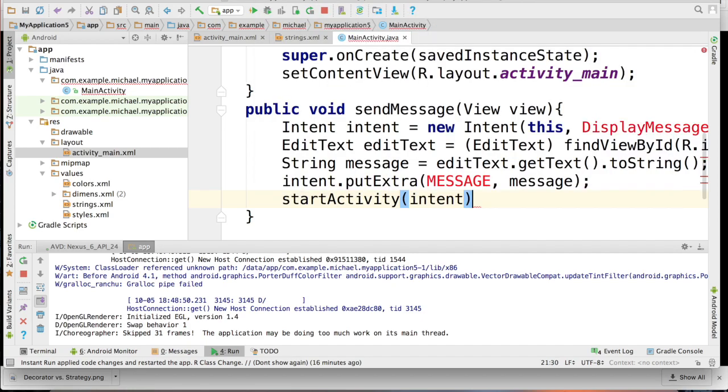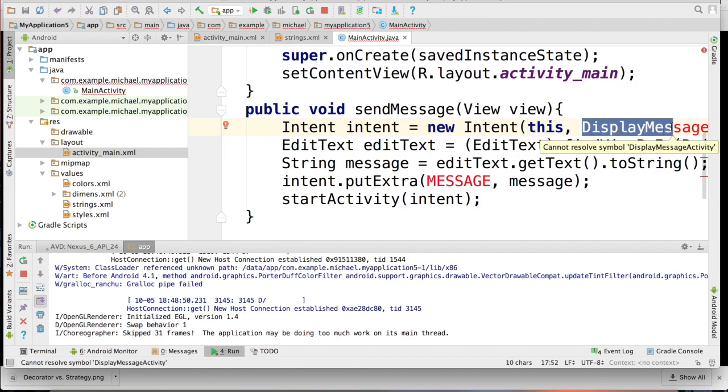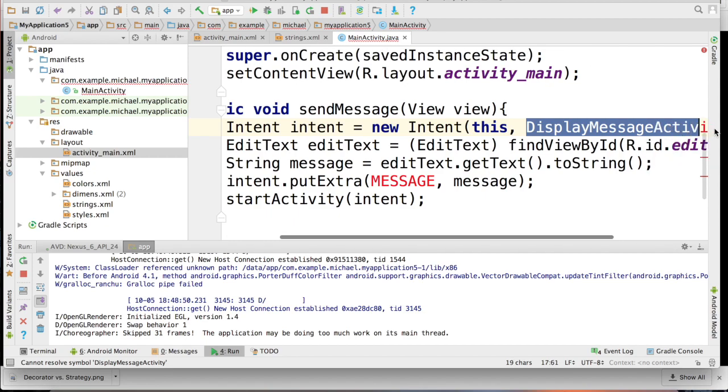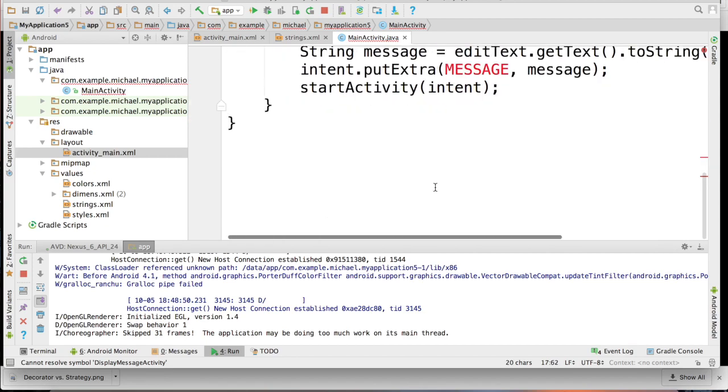All right, so that's the end of the code for the button pushing. So what this code is going to do, I'll review it. The intent is we're creating an intent object that's going to describe our intent to take this argument's data, which is the view that the user clicked the button on, and put it into another view that we haven't defined yet, which we're going to do next. And then